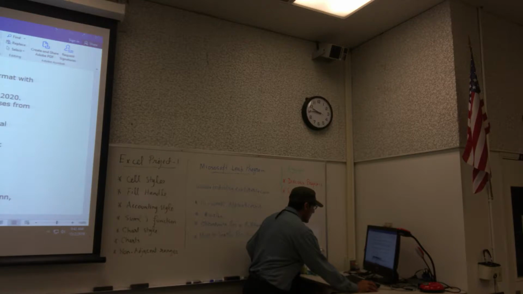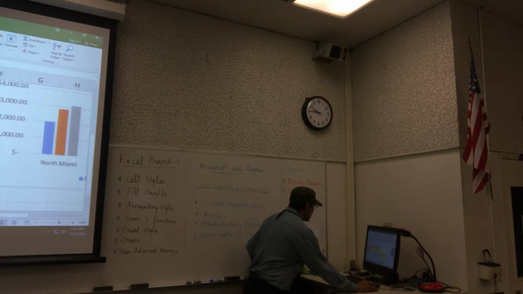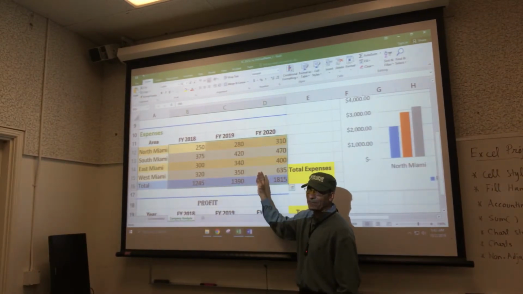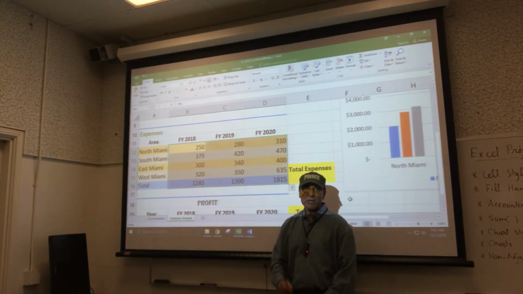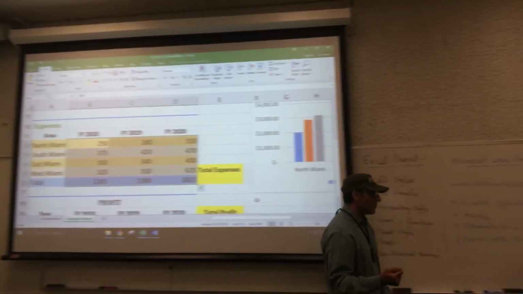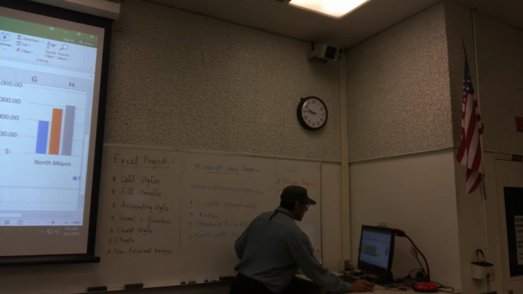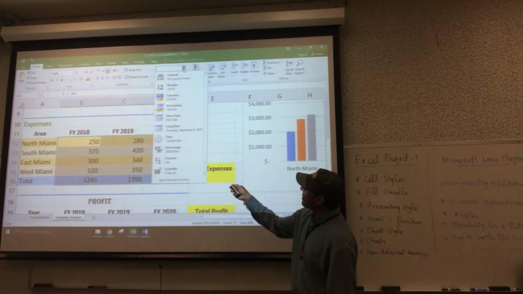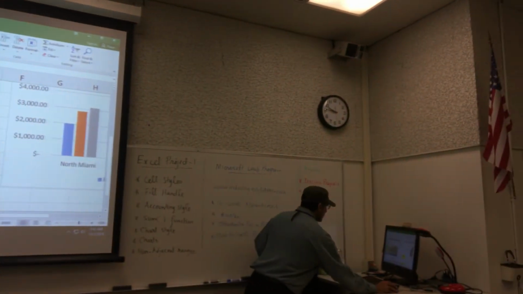So first, when you have this range, B12, which is right here, to D16, you select the range. So what I have done, I have selected the range B12 to D16. Once the range is selected, then you can apply. Again, you can apply in multiple ways. If you're used to a certain way, that's okay. So one method could be you can use the formatting right there, and you can find accounting is one of those styles with $ sign and 2 decimal places. Or if you prefer to be more flexible, you can right click on it,